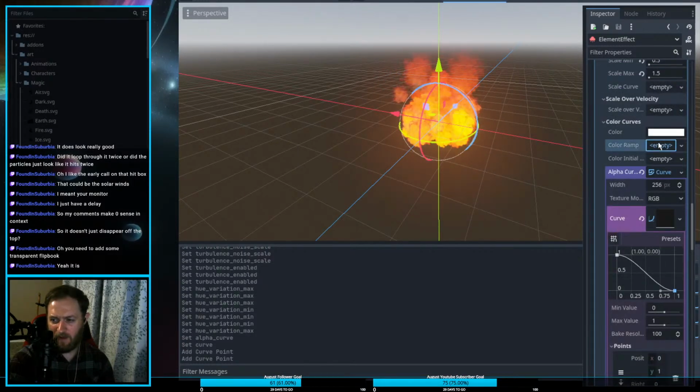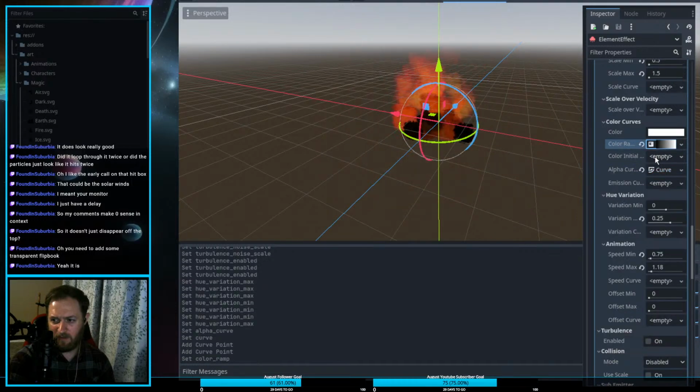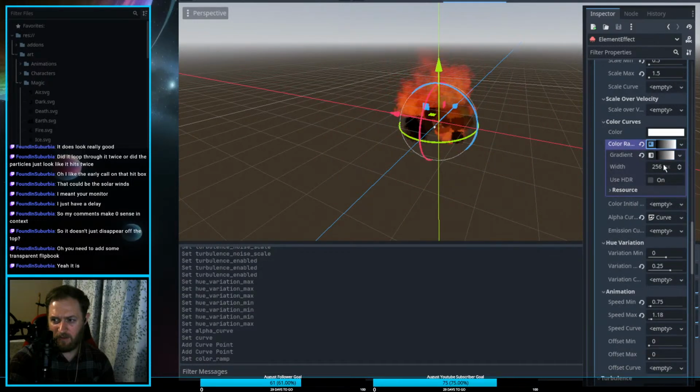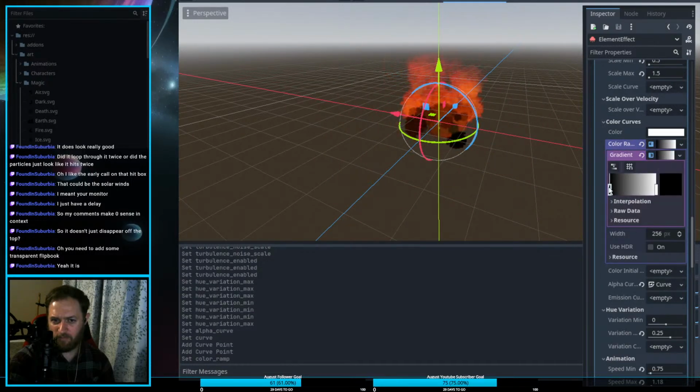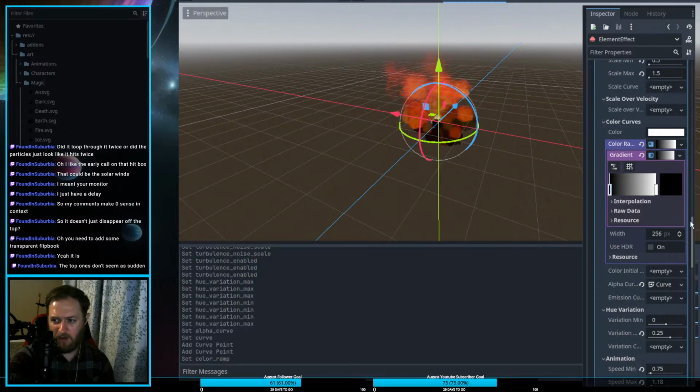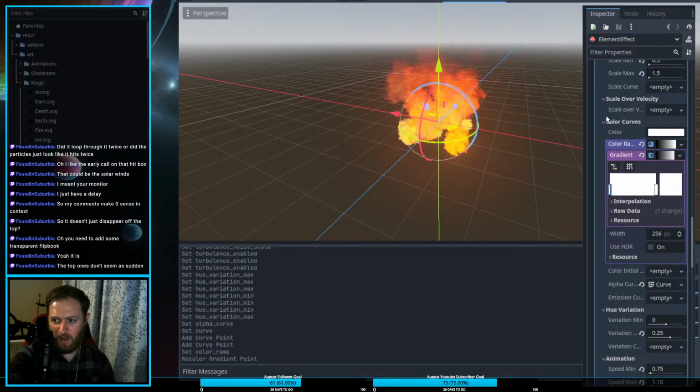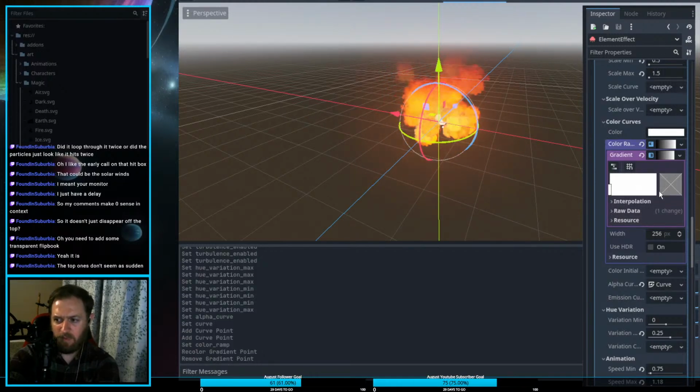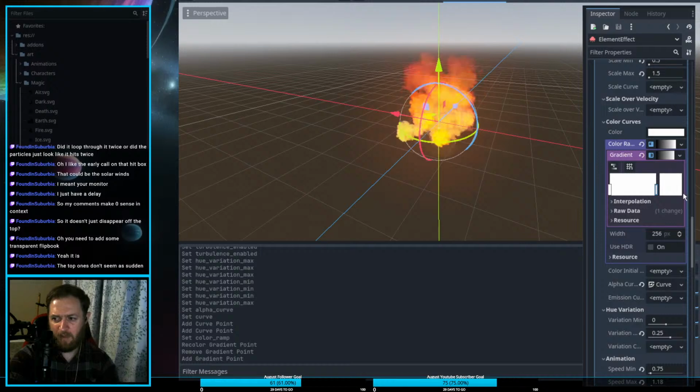I could also color ramp this. I think I'd do it opposite. I think I'd go pure white. Oh, interesting. All right, and then maybe go like